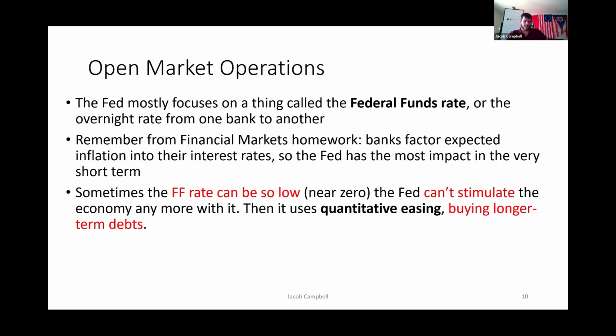Now, T-bills are kind of the basic blunt tool that the Fed can use. If they need to make more dramatic changes to the economy, if they need to do a big expansion in response to a big recession, or if they need to do a big contraction in response to a big boom, that's what they'll use. But for fine tuning, they're going to use what's called the federal funds rate.